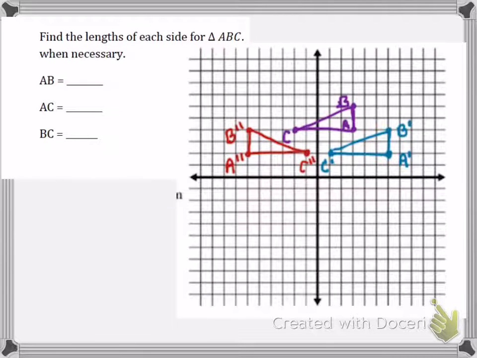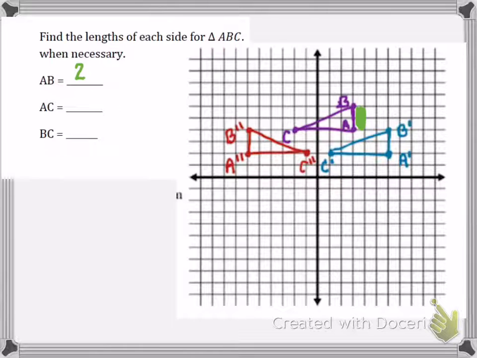Okay, so you can see that I've copied the picture of the coordinate plane and put it next to the next question so we can reference that on the screen. And we're finding the lengths of each side for triangle ABC. Now you can see that it's just the plain capital letters, so we are looking at the lengths of the original triangle ABC. And basically we're finding the length of AB, and you can see that that is just 2 units long. So I would just put a 2 in there,